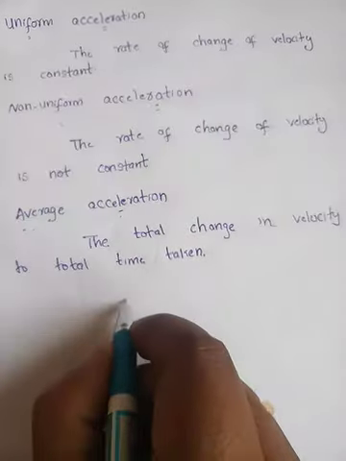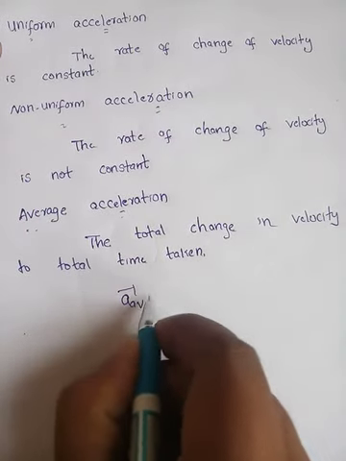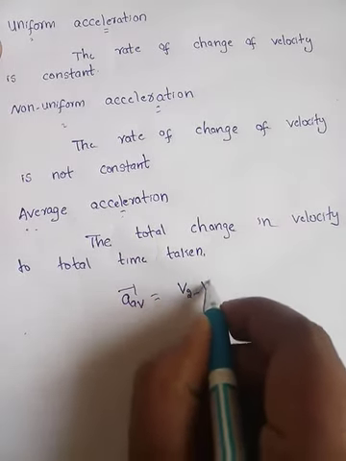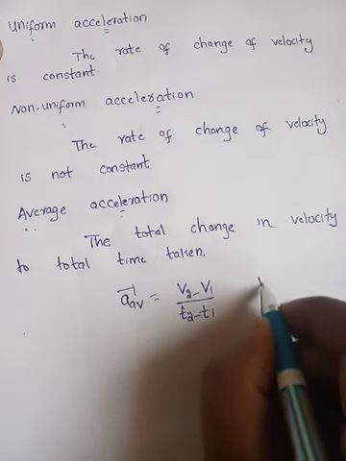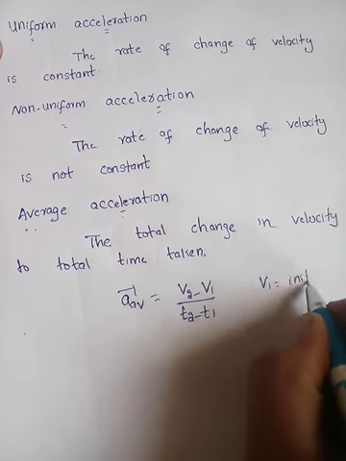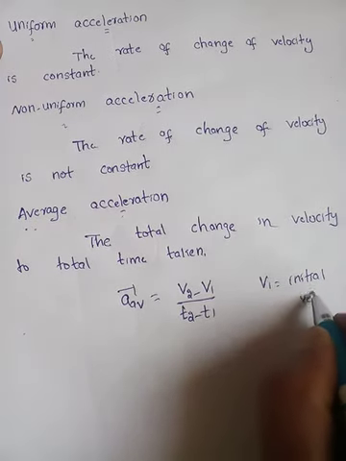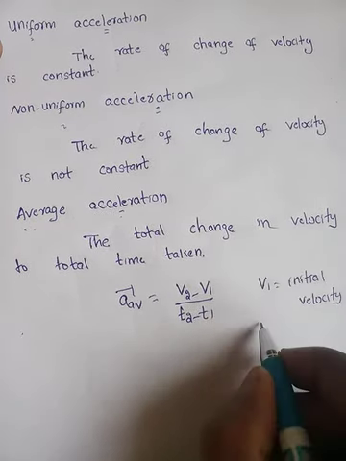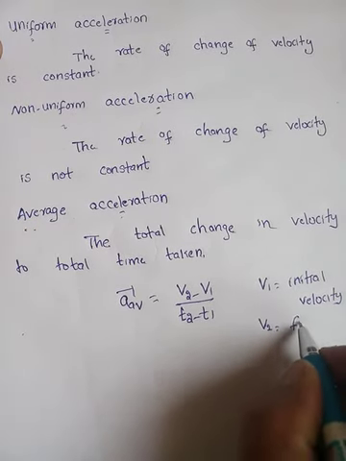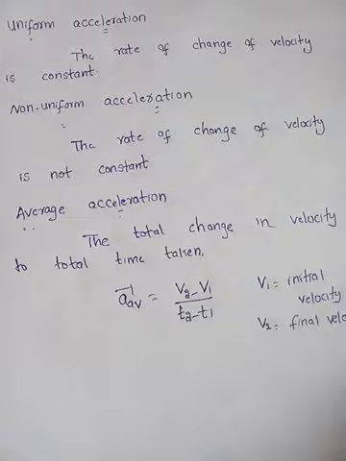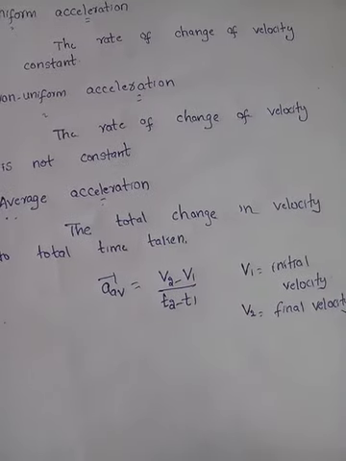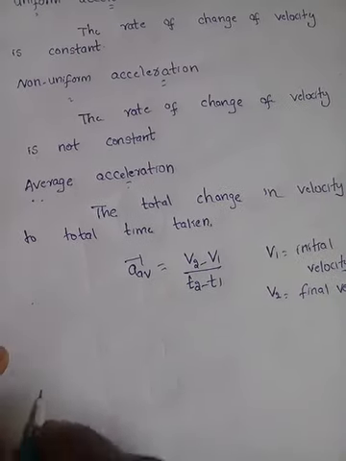So we can write A average is equal to V2 minus V1 by T2 minus T1, where V1 is the initial velocity, V2 is the final velocity, and T1, T2 are the time instants. Next, the last one is